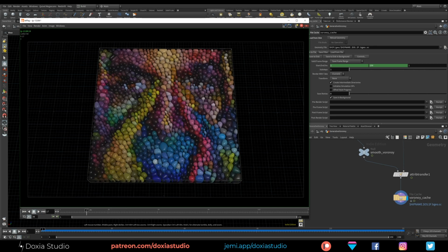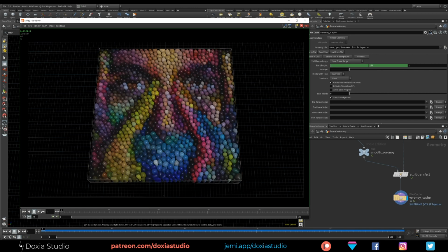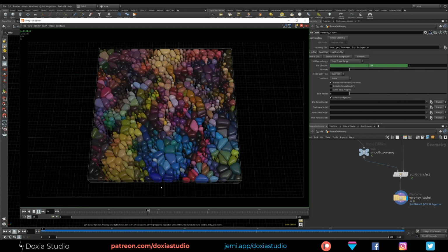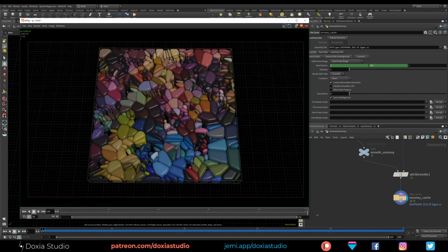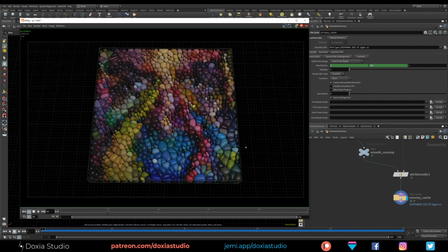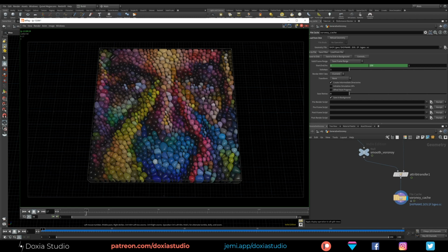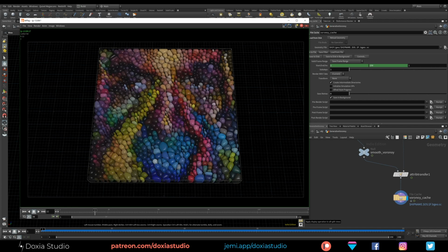Because this is deforming our image, and you said that we are going to form the image. So now if we press play, you can see this is deforming, but check this out. If you go to the last frame and reverse play, you can see that we have a forming image. We are random pieces, right? And at the end, they are forming our final artwork.